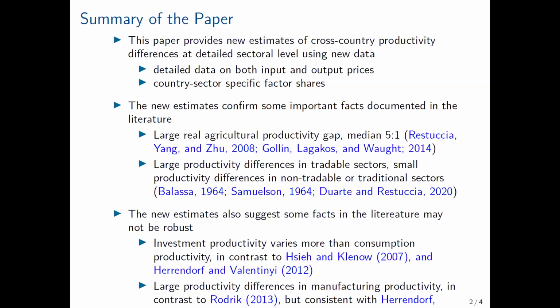It's in contrast to Rodrik, although he didn't look at the level, but he implied that the manufacturing industry will converge and tend to shrink. But what you're finding is more consistent with the recent paper by Cornell, Rogerson, and Valentinyi. And so I guess the main difference is between the formal sector versus the whole economy, the whole manufacturing sector, that includes the small and micro firms. So these are the main results.